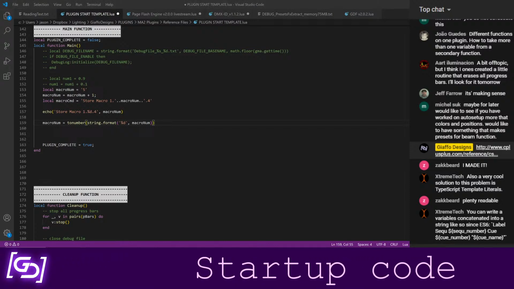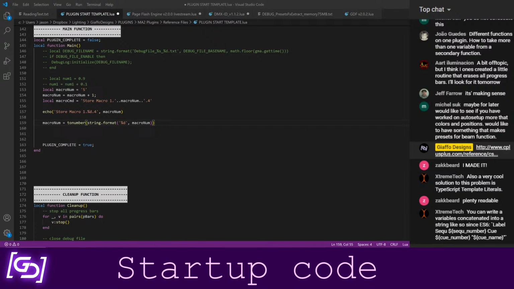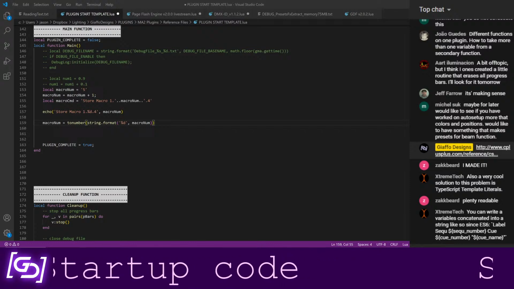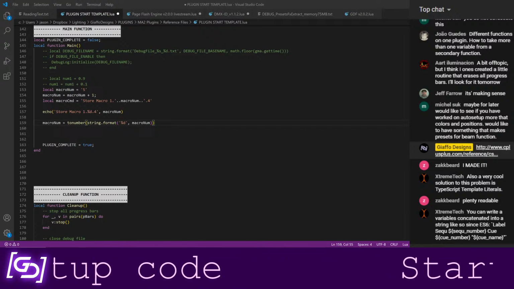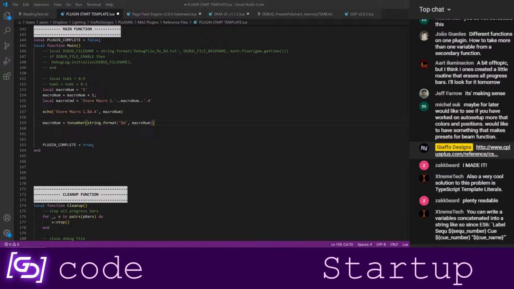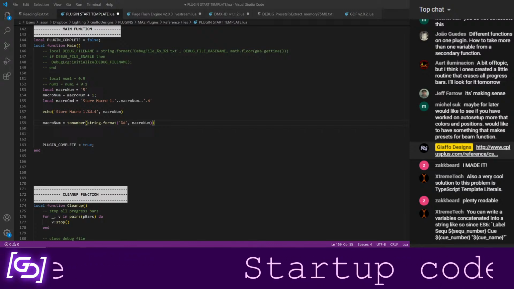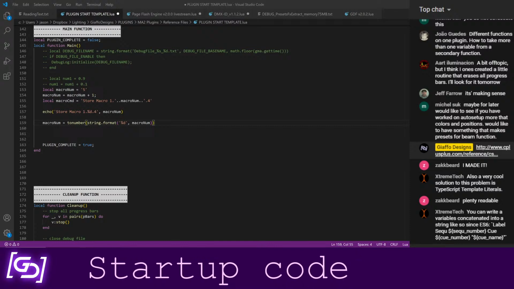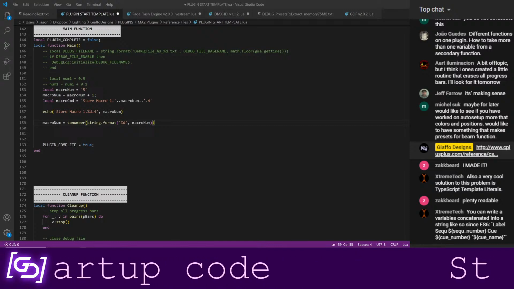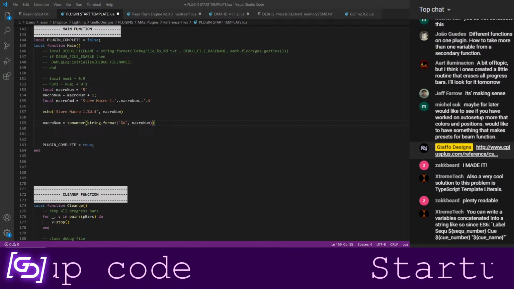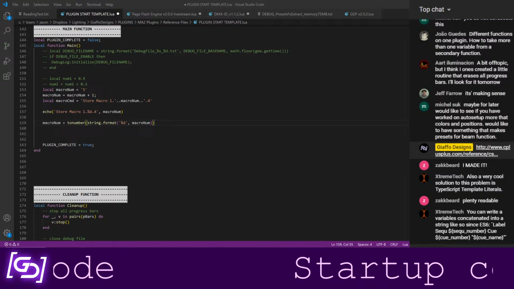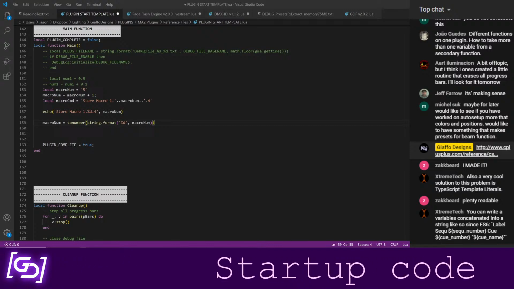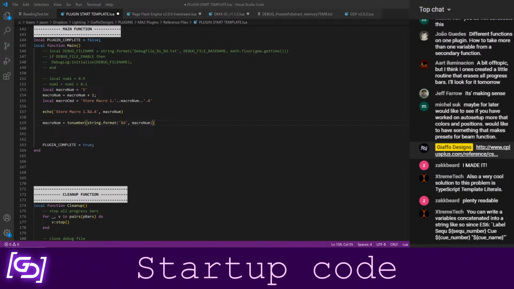So I'm just looking at the comments now, and what Extreme Tech has posted here, this is the same way that you would put in variable names in a language like C++ or JavaScript. Extreme Tech, that's not like a built-in function in Lua, is it?